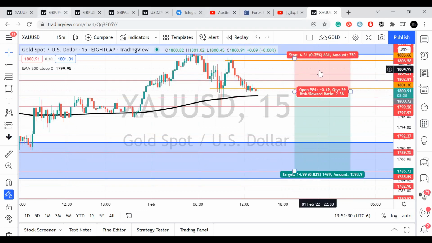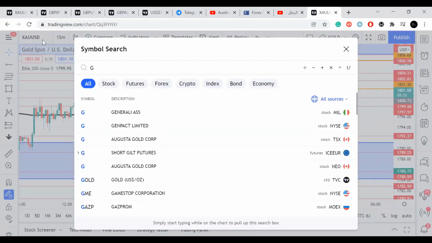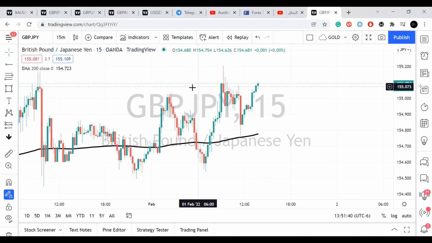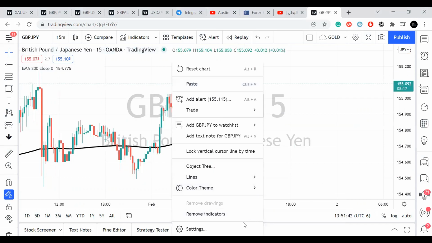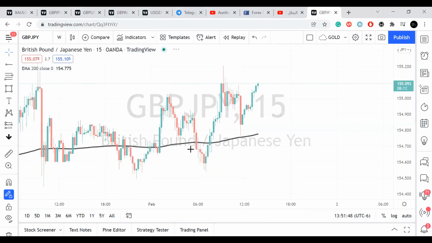Then let me do GBPJPY. This GBPJPY has really stressed me. On the weekly chart,